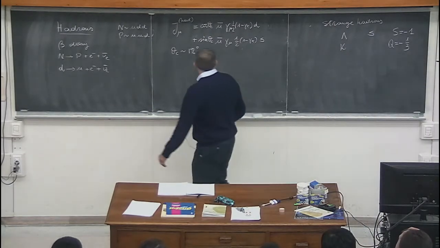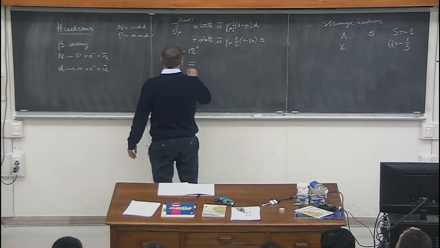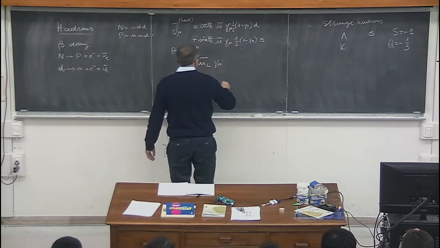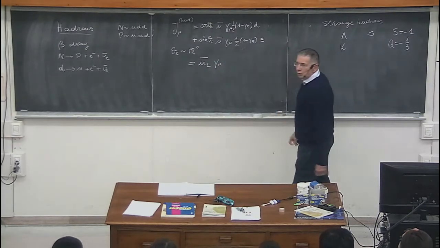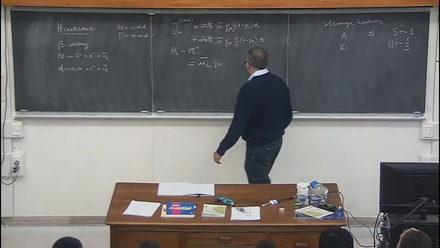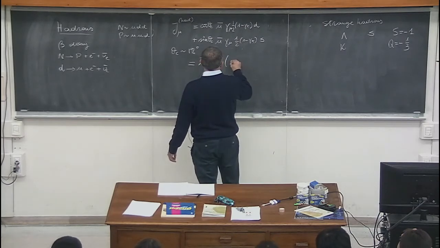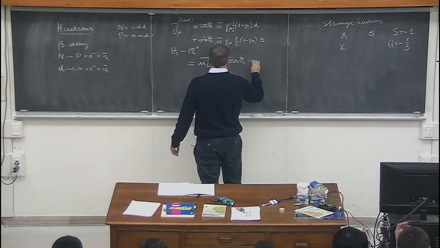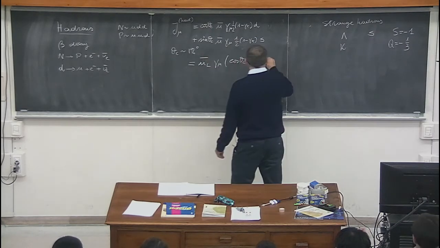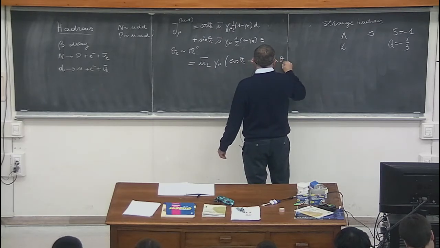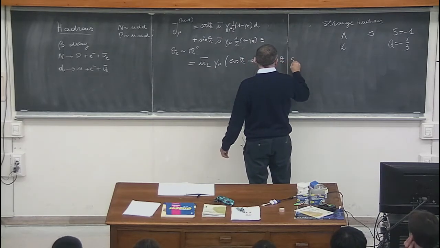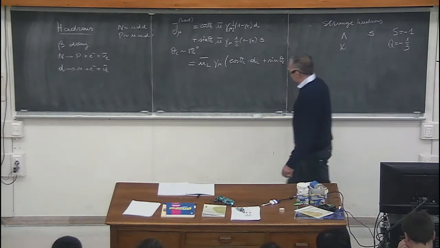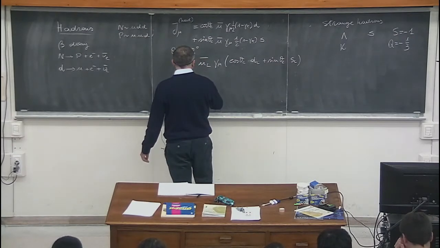So one would be tempted to proceed as in the case of leptons. I can write this like U bar L gamma mu times a linear combination of the down quark and of the S quark Dirac fields, like this, cosine theta Cabibbo times d left plus sine theta Cabibbo S left. And again, I can cast this in the form of a neutral current by introducing a triplet of left-handed quarks